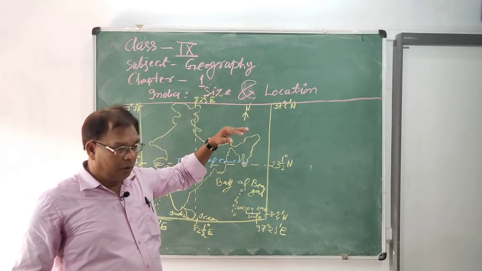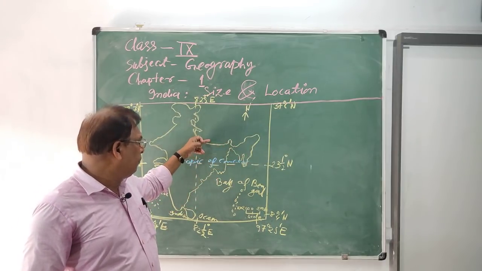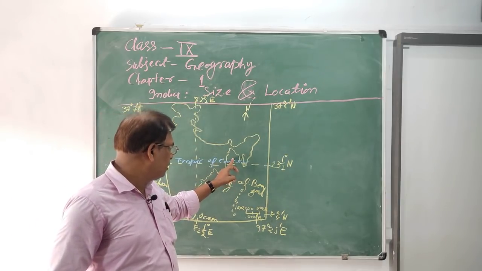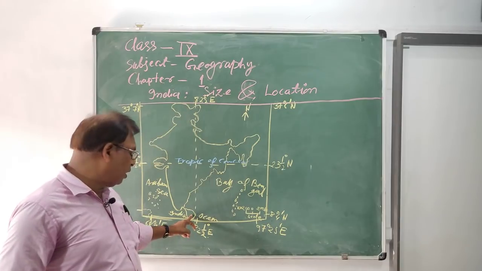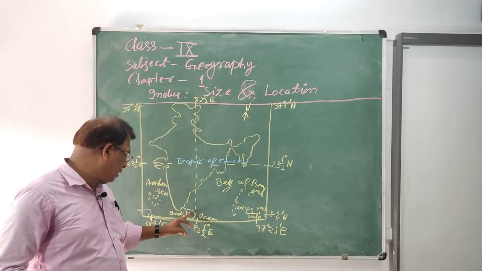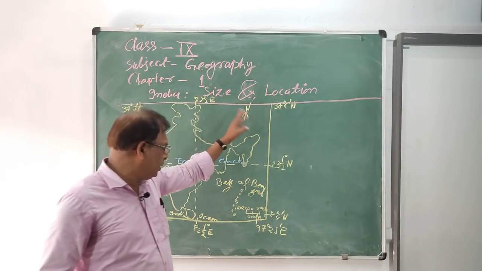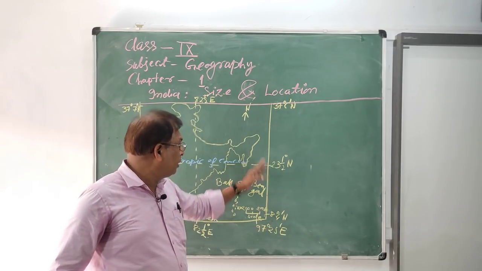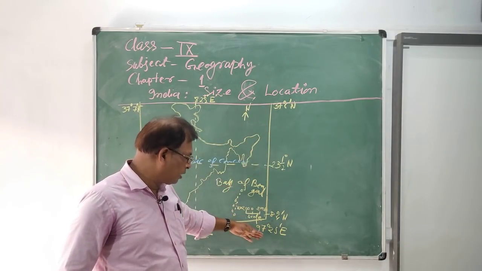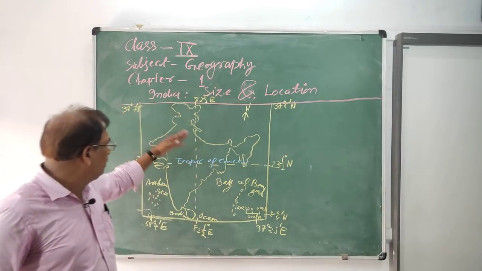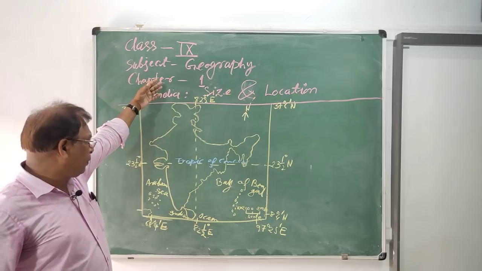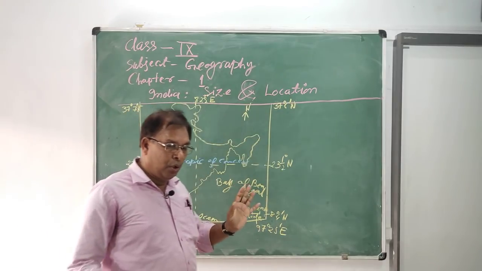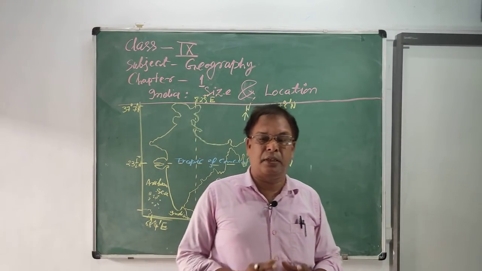So, in the north of India are China, Nepal, Bhutan, here Pakistan, here Bangladesh, Myanmar. In the south, it is also Sri Lanka, here Maldives, so it is surrounded by different neighboring countries. In the northeast, Japan, in the southeast, Australia, in the northwest, African countries, in the west also African countries. So, India is located in the center of the world.